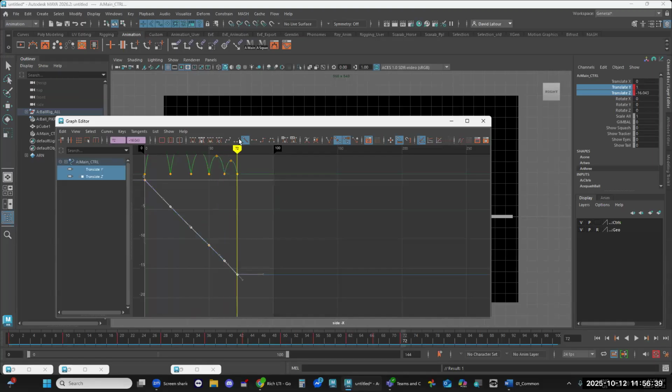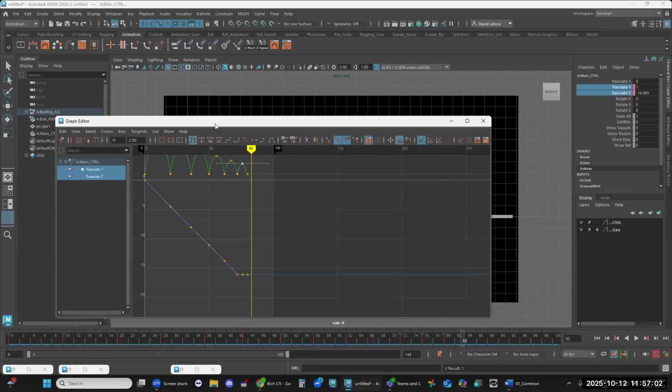Making sure I can select in the middle of the curve and just say linear on all you guys. And I can put another key there, key selected. 1, 2, 3, 4. Key selected. Go here. Now, because I have auto key turned on, I can also just go like 1, 2, 3, and